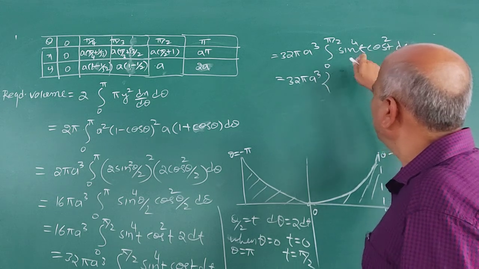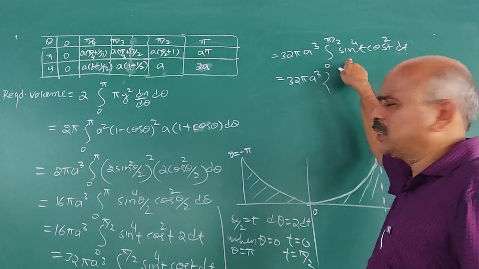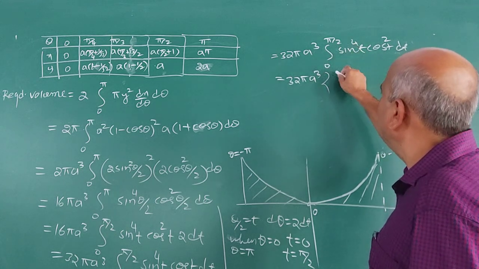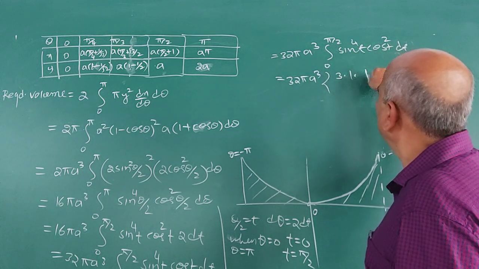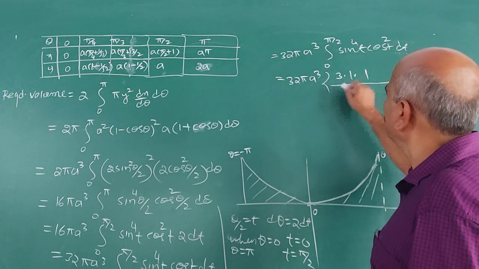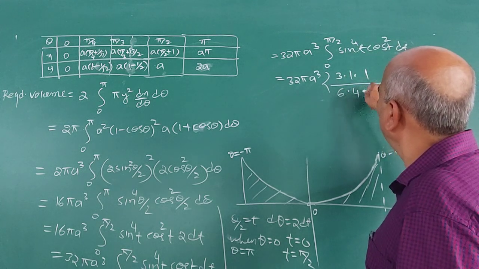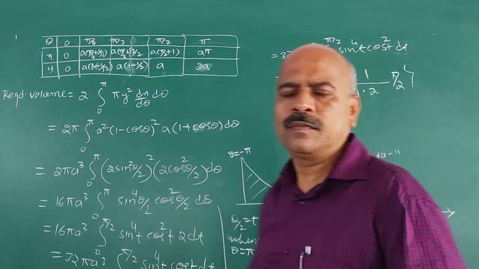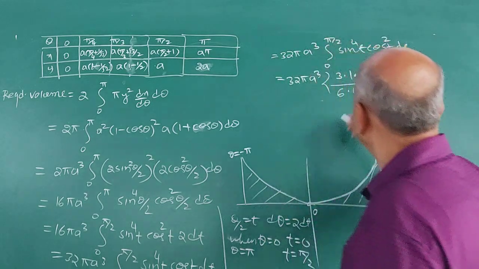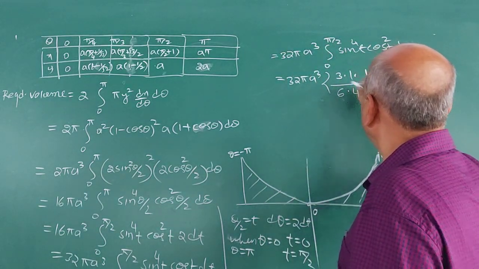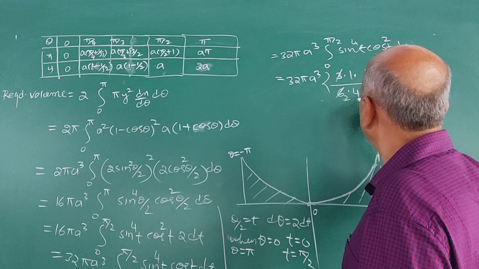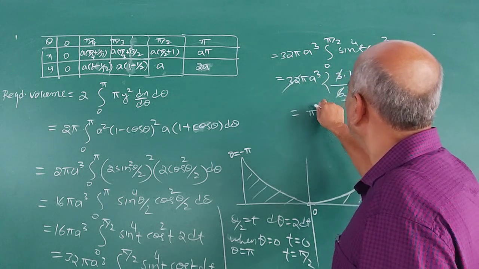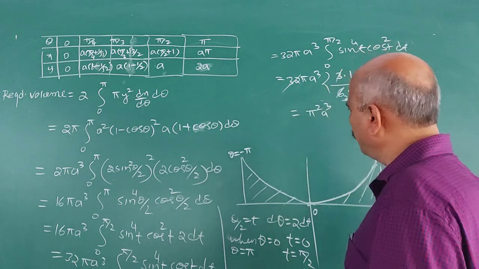What is the reduction formula? For sin x raised to p cos x raised to q, start from the first factor: p minus 1, that is 4 minus 1, 3; then 1; then 2 minus 1, 1; the denominator is p plus q, which is 6, 4, 2; and pi by 2 is there, because both are even. So 3 1, 3 2, this cancels. It is pi square a cube.